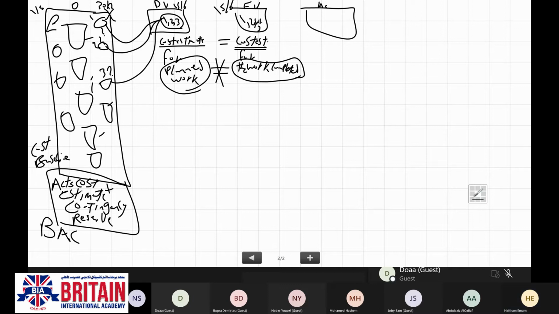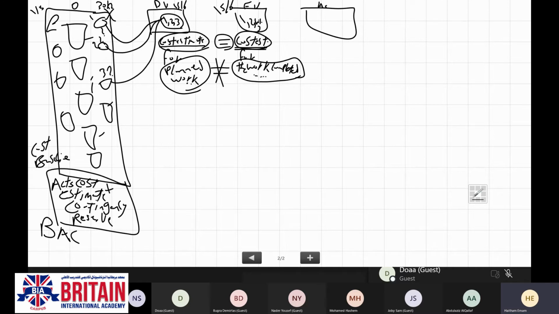Again, the constant or fixed factor here is the cost estimate. You're not going to compare cost to cost, because the constant factor is the cost estimate. But the factor which will make the difference here is the planned work against the completed work.